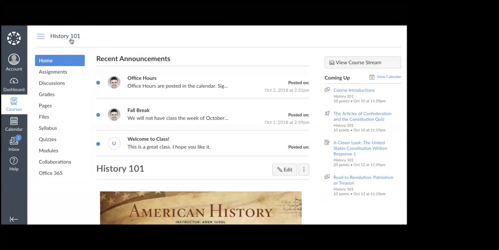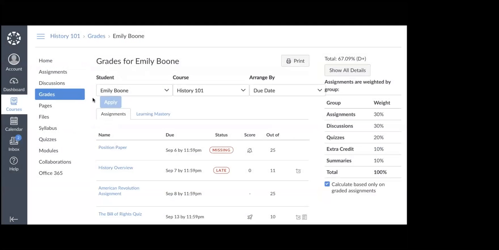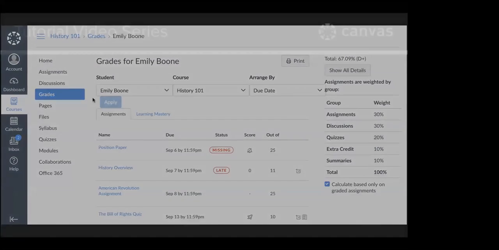You may be able to view your student's course grade by clicking the Grades link in course navigation. The Grades page displays their current course grade and a clickable list of all of the course's graded assignments and assignment details. You've now completed this tutorial video on the Canvas overview for observers. For additional information on this or